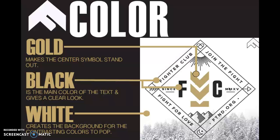I think the color for this ad was very amazing. The color scheme is gold, black, and white. Very simple colors. They only use the gold once here in their logo. And this logo is very important because they have it on all their merchandise, so they really wanted to make that stand out. The black was, of course, the main color of the text, which makes it have a clear look. And the boldness was important in the logo and then not as important on the sides. But the black makes it stand out more against the white in the background, which gives it that contrasting look,